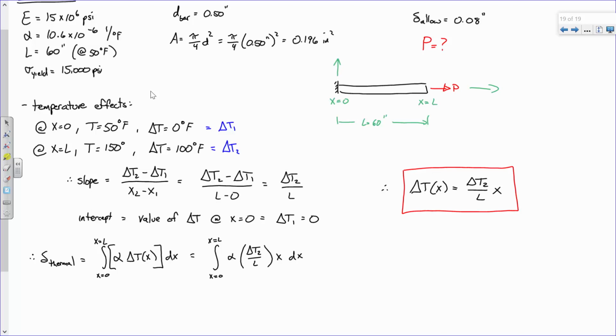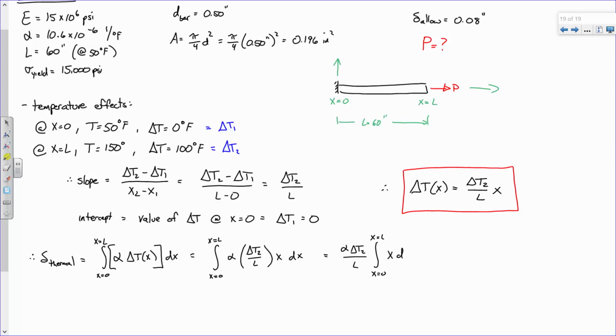Let me ask this. Is this alpha a constant? It's a number. Is delta T2 a constant? Yeah, because that's just 100, right? Is L a constant? Yeah, that's 60, right? The only thing that's not a constant is x. So I propose, let's factor all that out. So I have alpha delta T2 over L, then the integral from x equals 0 to L